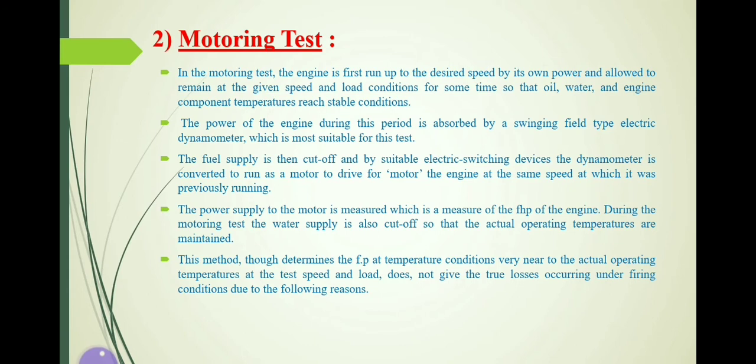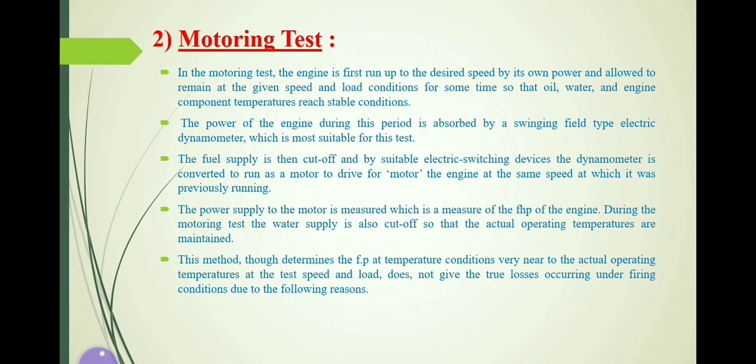Here, the power that we have to supply, we are supplying from the dynamometer. We are making this dynamometer work as a motor. That means reverse energy is going to be transferred. This dynamometer will work as a motor, and that motor will keep the engine running. Though power is not produced inside the engine, our engine will run at the same speed, that is 1000 rpm. That power is supplied from the motor, that's why it is called a motoring test.